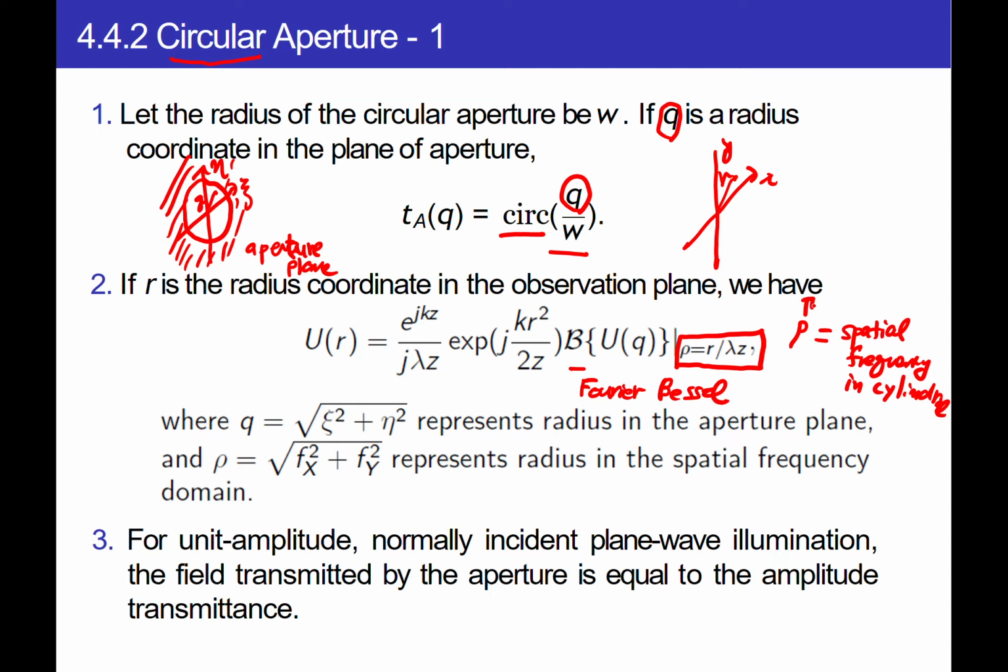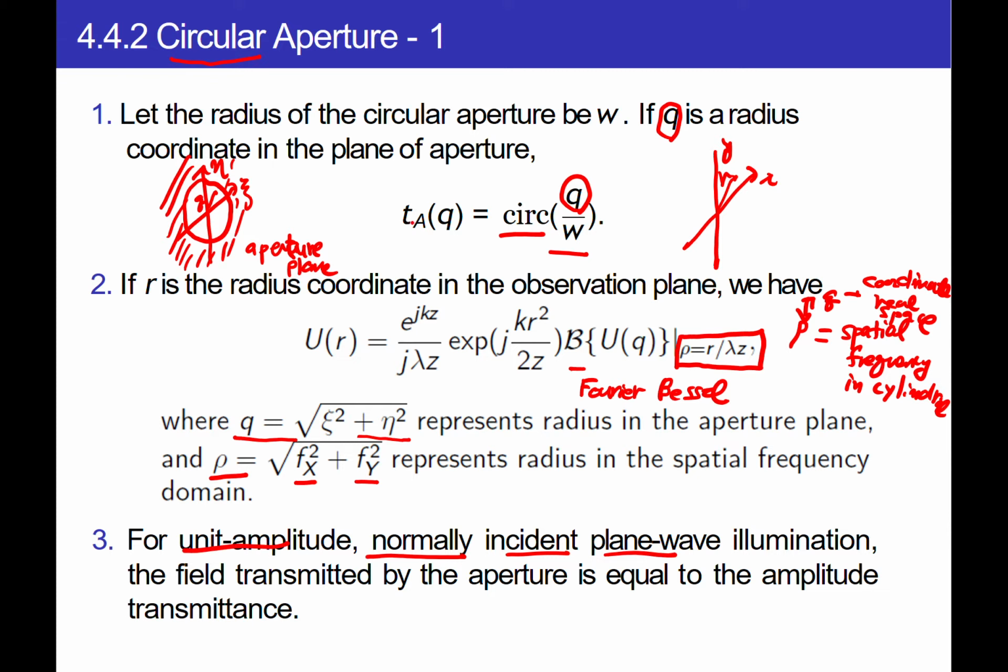So it is matching with q, and this is the coordinate in little space. And then note that q is given by the square root of xi squared plus eta squared, and similarly, rho is given by the square root of fx squared plus fy squared, the radius in the spatial frequency domain. Okay. And then for the case, it is also important to note that it is a normally incident plane wave, unit amplitude, and